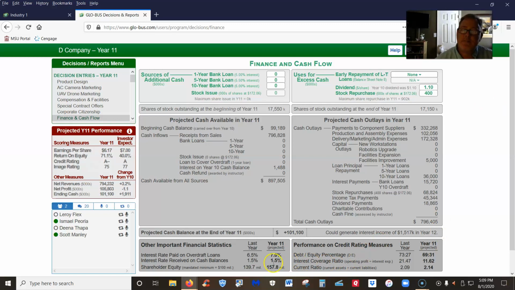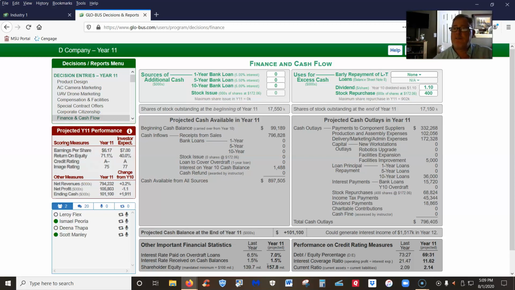And now, for multiple reasons, I want you to get your shareholders' equity as close to $100 million as possible. There's a very simple reason for this. The formula for return on equity is literally return over equity. And another word for return is profit. Okay, so return on equity is literally your net profit divided by your average stockholders' equity. Okay? And for average stockholders' equity, it's beginning equity plus ending equity divided by 2.